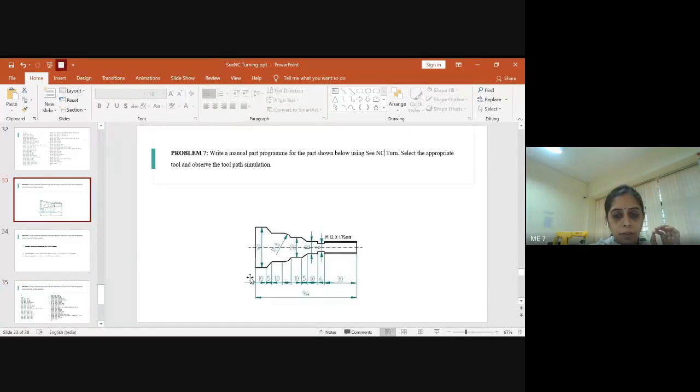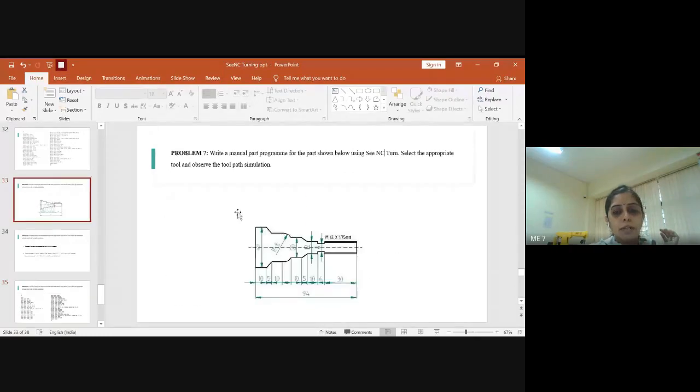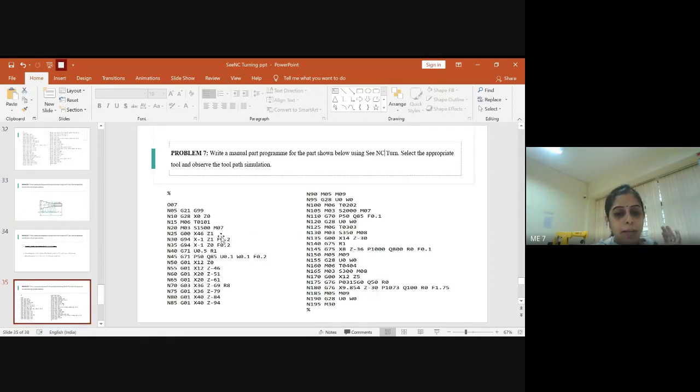The diameter of the blank is around 40 mm. So the tool is brought nearby to about X equal to 46 and Z1. The tool will be here somewhere, X is equal to 46 and Z1, meaning you're bringing the tool from its home position to the place nearer to the blank. Once you set the tool nearer to the blank, then we use G94, which does the facing operation initially and provides feed per minute. So you type G94, X1, Z1, F of 0.2.